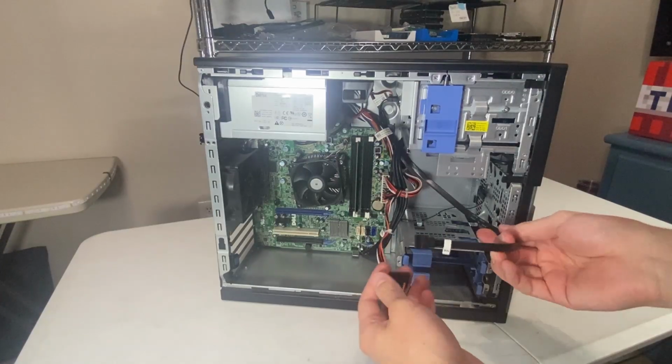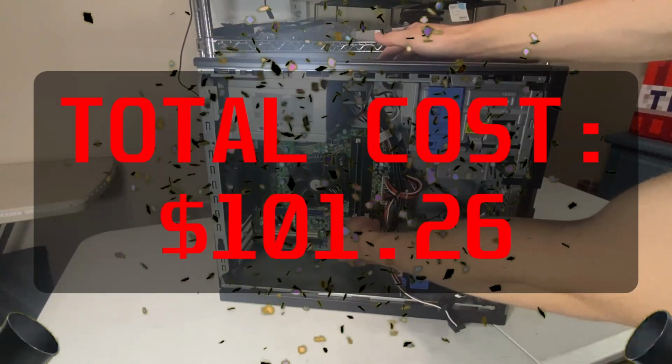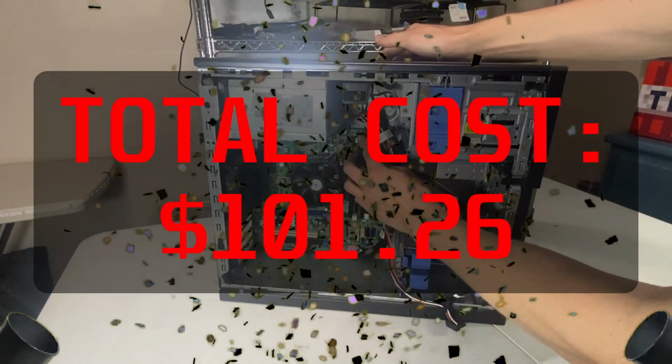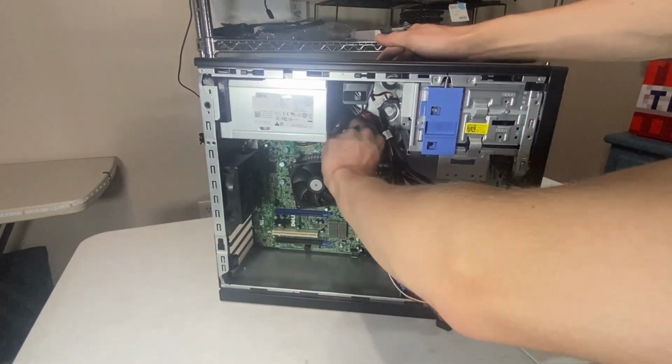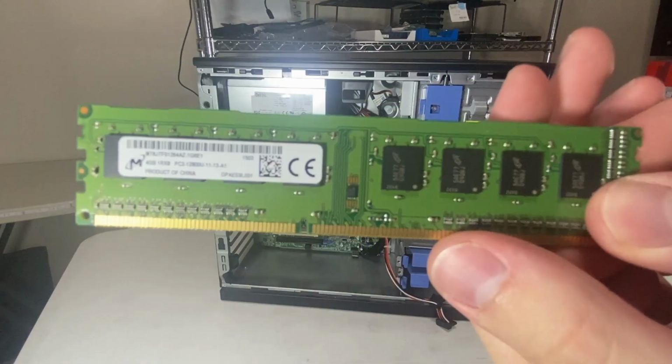With all the parts together, this build cost me a total of $101.26. So we did end up going a little bit over budget, but you can obviously do this for under $100 if you do some better deal searching and maybe even forfeit buying a Windows key. Now look,